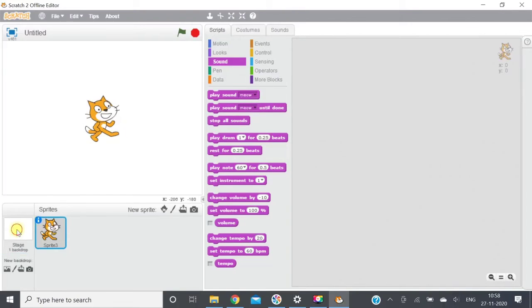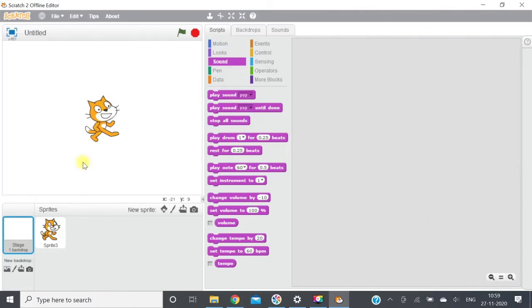Fine. On stage right now no backdrop is there, but you can add a backdrop. Backdrop means an image that can be shown on the stage. Fine. So you can add a backdrop, a background image, by using the backdrop. These are the buttons, but we will discuss these in the next video. Fine. Now we have learned about these new sprite buttons, block palettes, script.